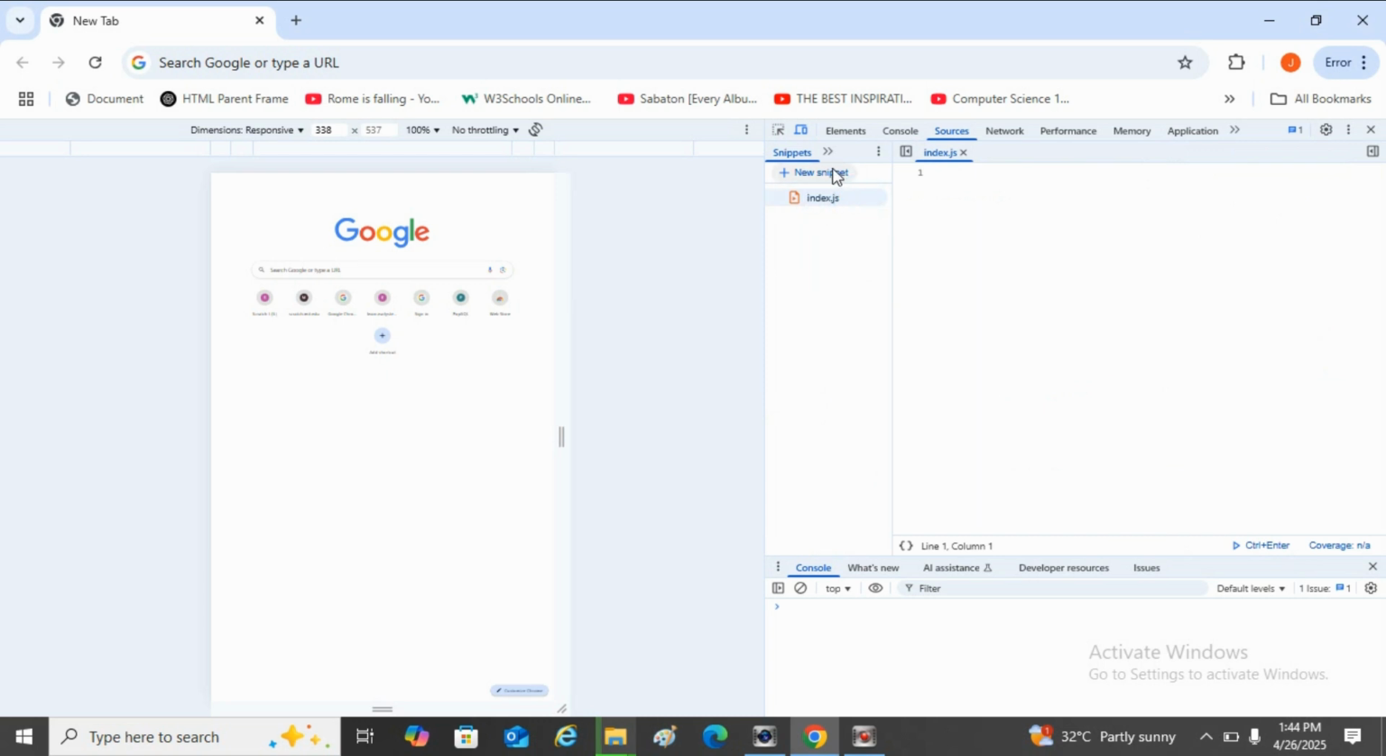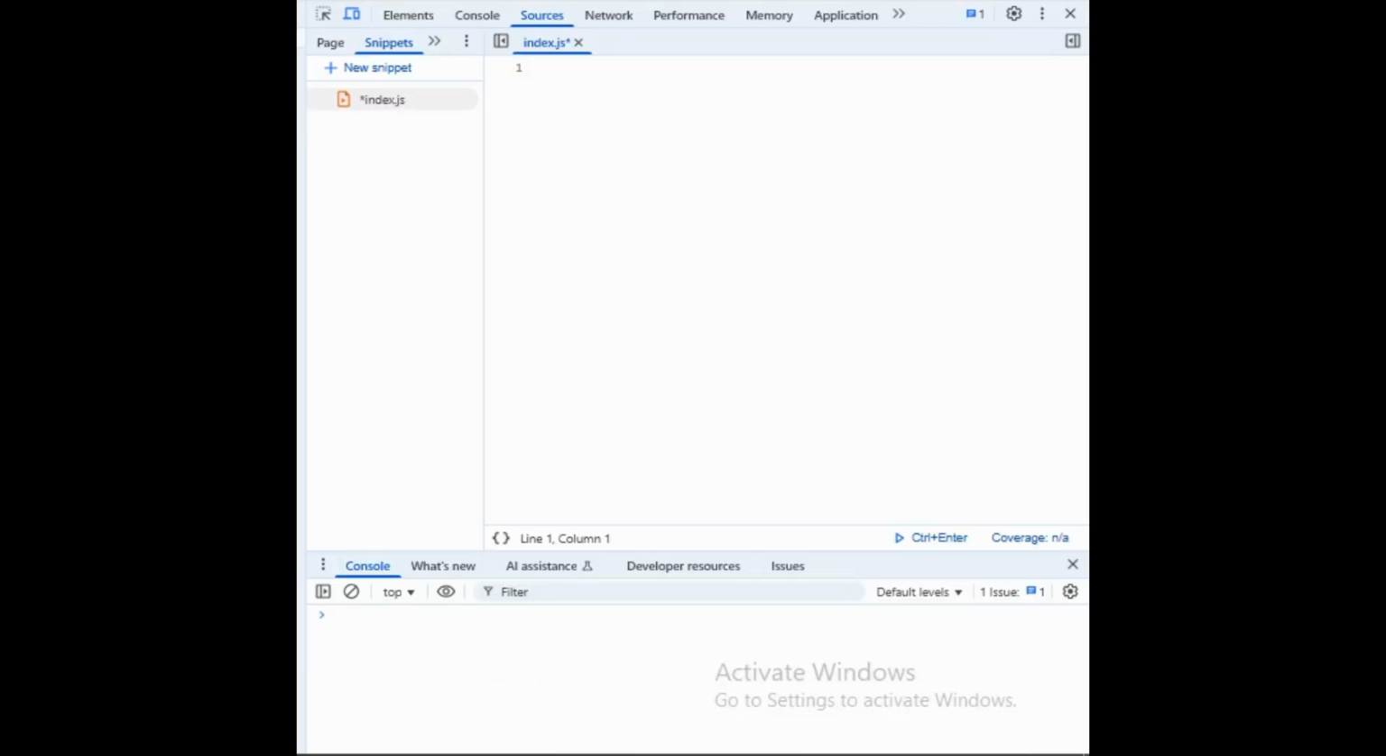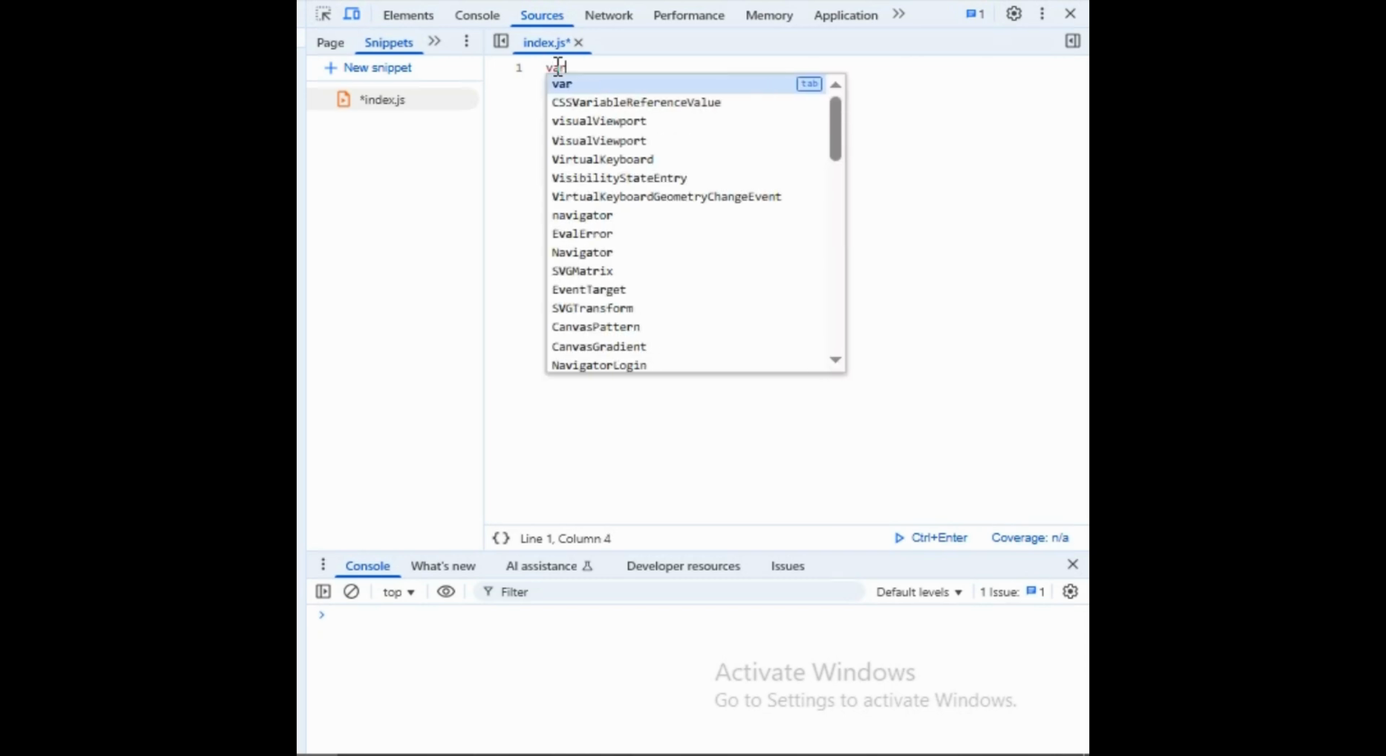If you wanted to create a new snippet, you can go here and create your own. This is the one I created previously. In this lecture, we'll talk about how we generate random numbers in JavaScript. Let's write some code here. Let's write this code: var n